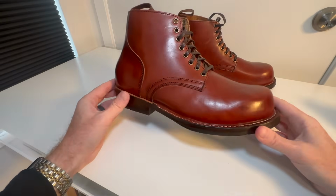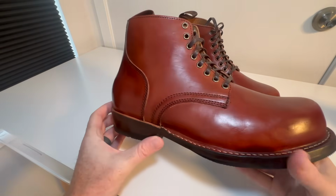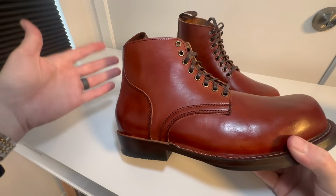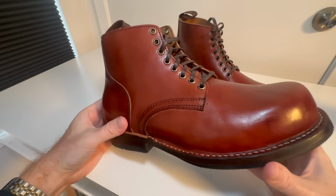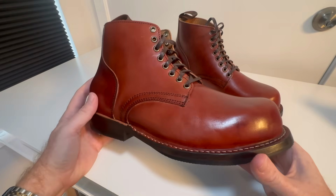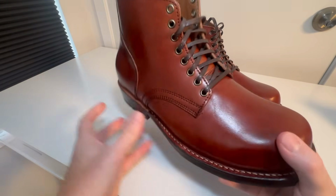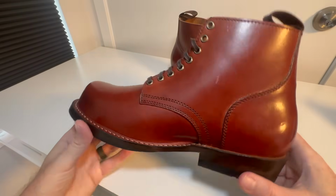This is a premium leather. And speaking of the leather, let's talk about what Thursday has to say about this leather. Now, I believe all Wicked and Craig leather is veg tanned. There's nothing on Thursday's website that says this is veg tan leather, but I think that's all they do. So I'm assuming this is a veg tan leather. But Thursday says that this is a 5 to 6 ounce harness leather from the Wicked and Craig Tannery in